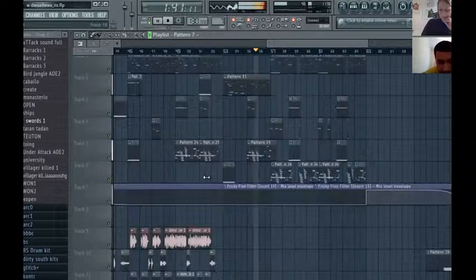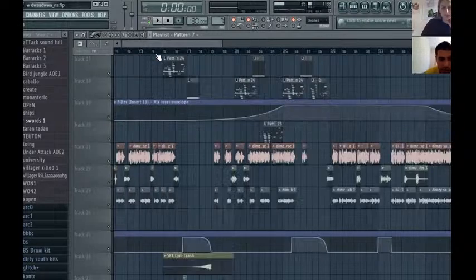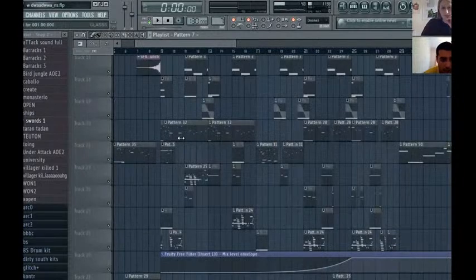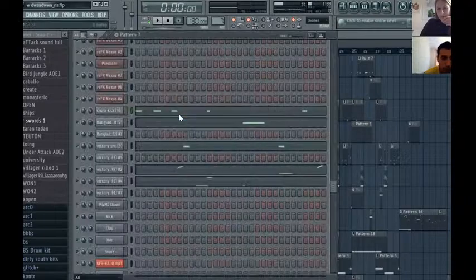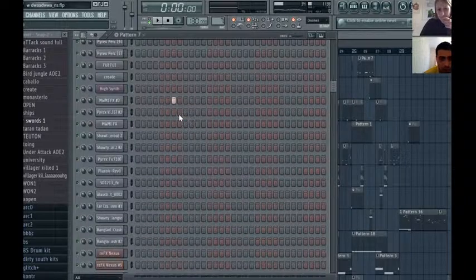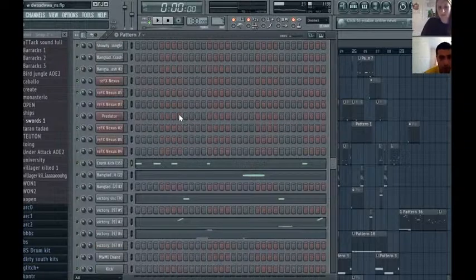So this is not the latest version of the song anyway. There was another hook, but basically this is what I made. Let me show you the drums quickly. The drums were way more detailed and more complex, but when I heard the hook and stuff, I was like,